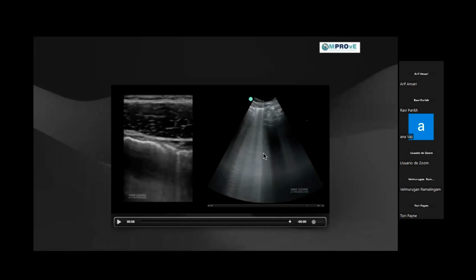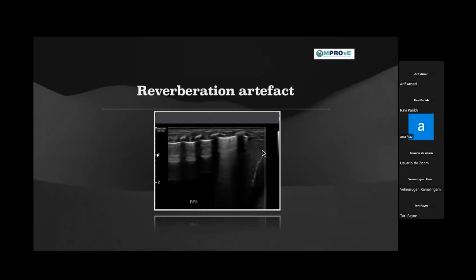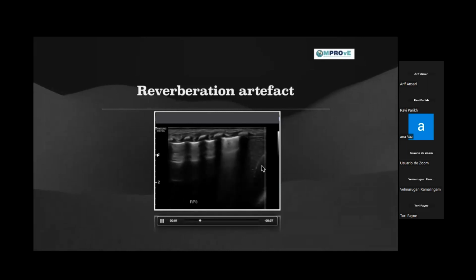Or if it is a normal lung, you expect to see some degree of interstitial fluid there, so you will see 2 or 3 B lines. So that's how the B lines are generated. We'll come to the differences and where we see B lines and what pathologies, what it looks like in the upcoming slides. So again, you can see,